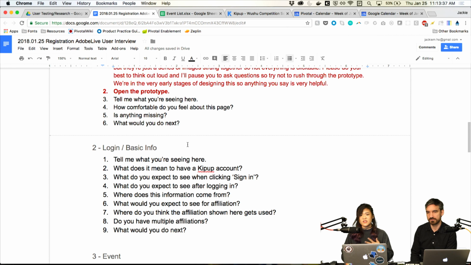So a lot of things around that, and I threw in a couple of other questions for if there's a particular thing that I'm trying to dig into, such as, does the user want to be able to make changes to events? That might be something that I want to explore. So there'll be more specific questions around that.